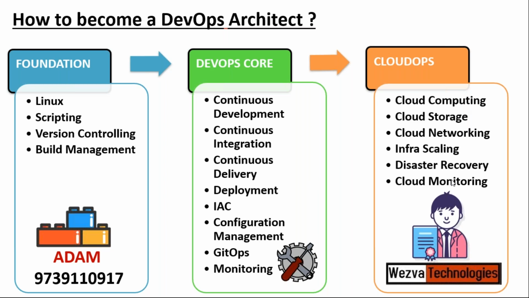And that's when, as you start knowing the DevOps core, and then as the next step, when you start learning these aspects of cloud operations, that's when you can become an architect. So there's just a small difference. A DevOps engineer is one who focuses only on the tools and process, and a CloudOps engineer is a person who focuses only on administration and operations on any one of the clouds. But if you want a wider profile and a lot of opportunities, and that's where everyone is looking for a better salary, right?